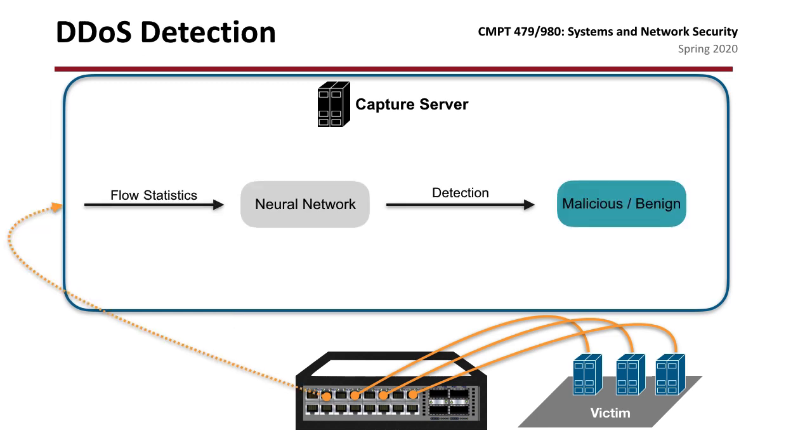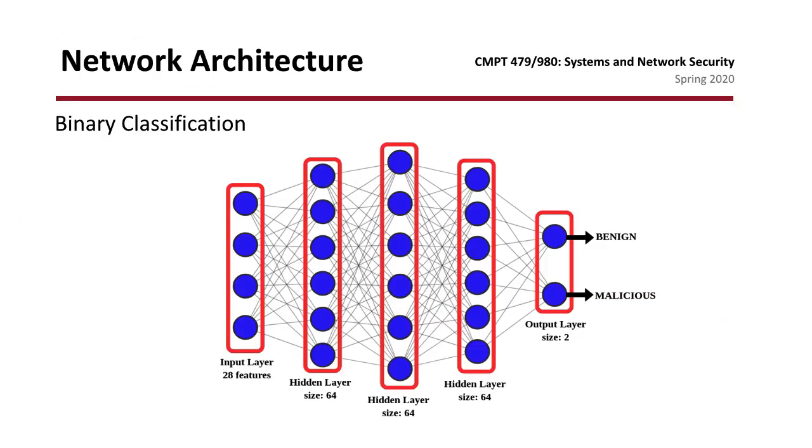So with the new traffic traces, if you feed the neural network with the extracted flow features, it can detect whether the flow belongs to attacked or benign traffic. This is the structure for the binary classifier model. As you can see, we have an input of 28 features, and the output is simply two classes, either benign